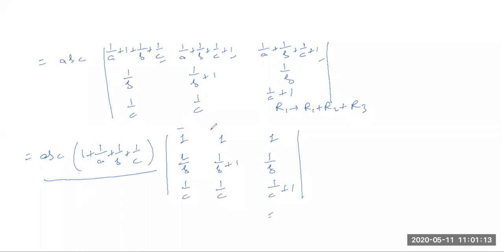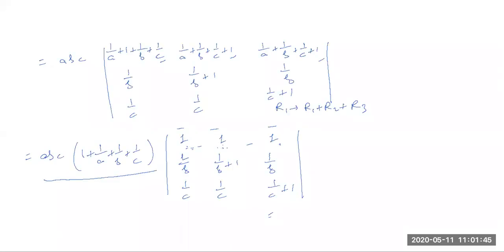row or column is zero, okay, it is better to subtract these two terms. If we subtract these, it becomes 0. If we subtract these two, one term will become 0, and again if we subtract these two, one more term will become 0. The operation can be R1 replaced by R1 minus R3.